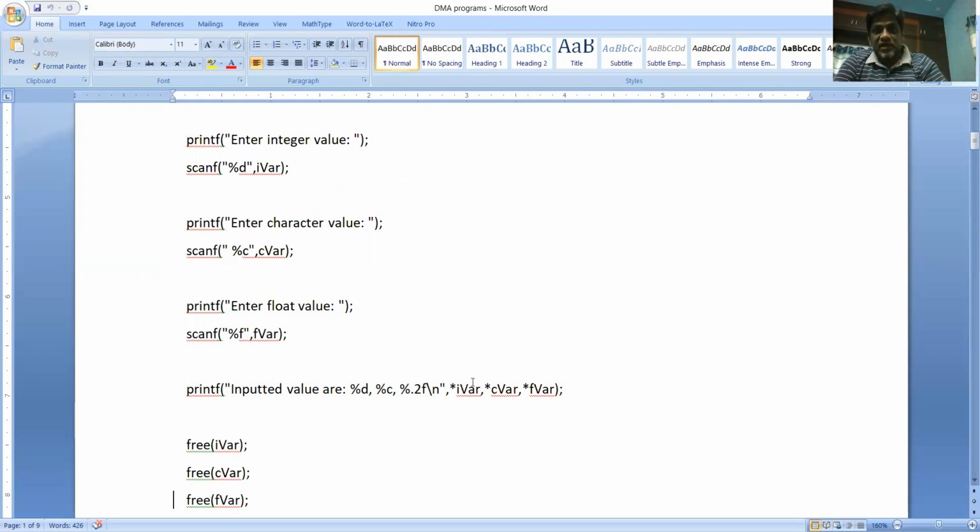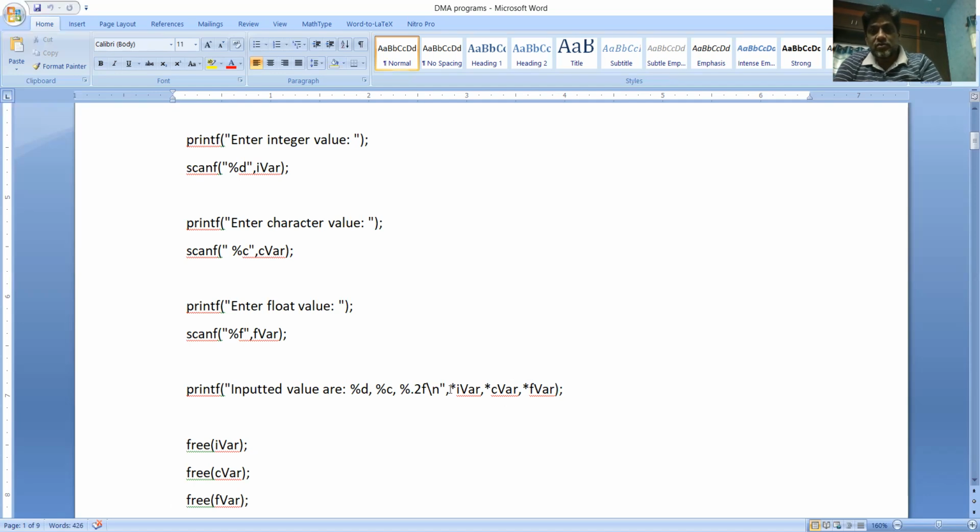Star IVAR refers to the value stored at the address in IVAR, and star CVAR refers to the value at the address stored in CVAR. Similarly, star FVAR refers to the value stored at the address in FVAR.